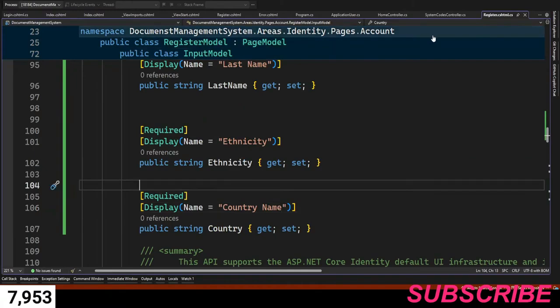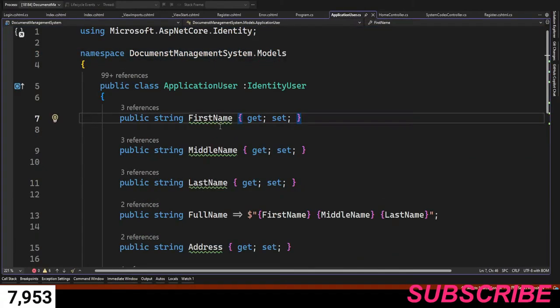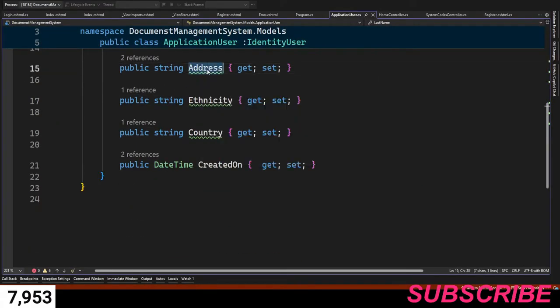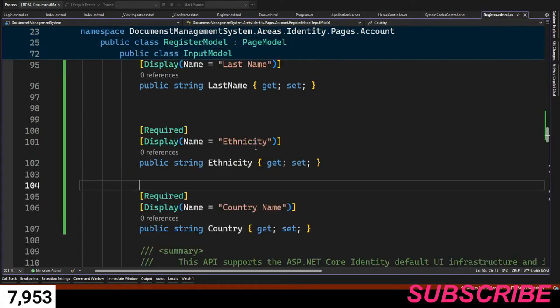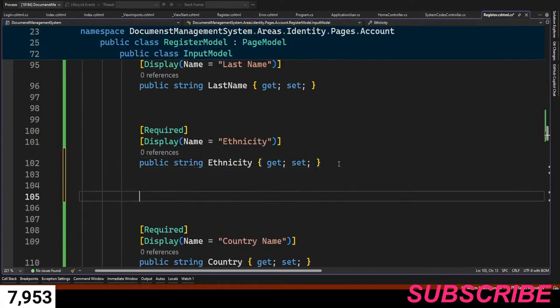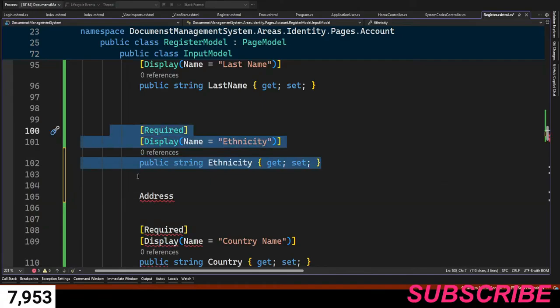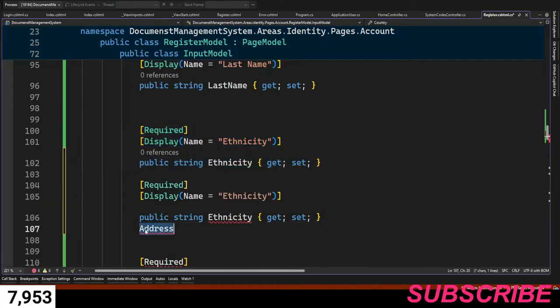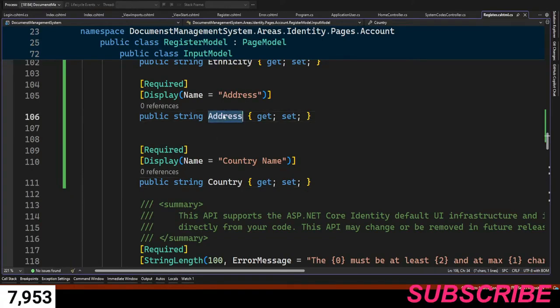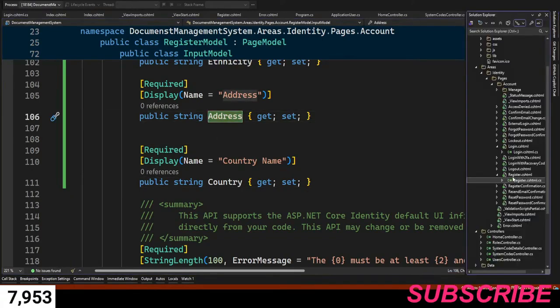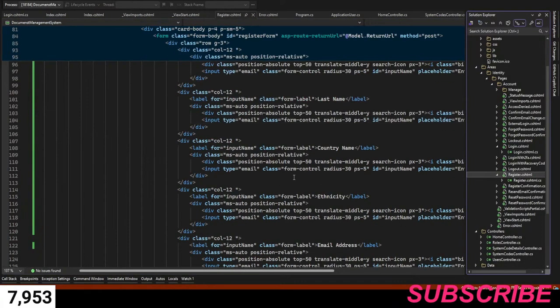Now just check on our model. We ensure that we have captured everything. So we have first name, middle name, last name. Then we also have address. On the address, I'll just copy this here and have our address. Here I'll just proceed, and now if we go back to our app register,